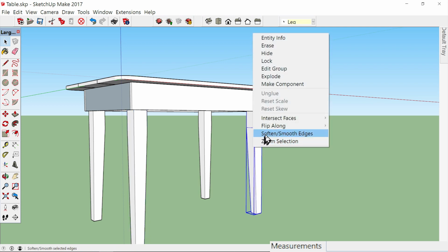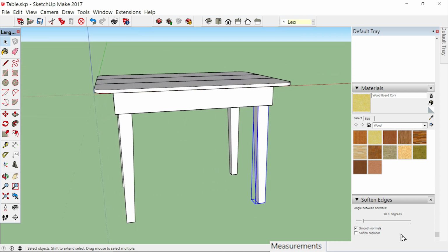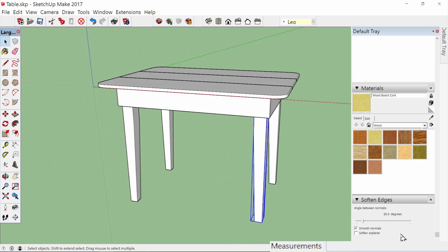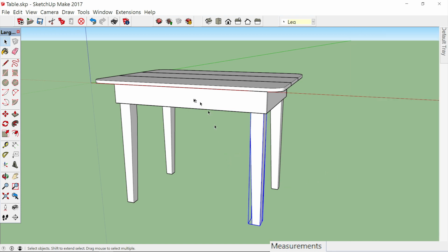Select. Soften edges. Now we can do one more thing. You don't have to do this, and depending on how powerful your computer is, sometimes it slows it down a little bit. But if you've got a modern computer, and most of us do now,